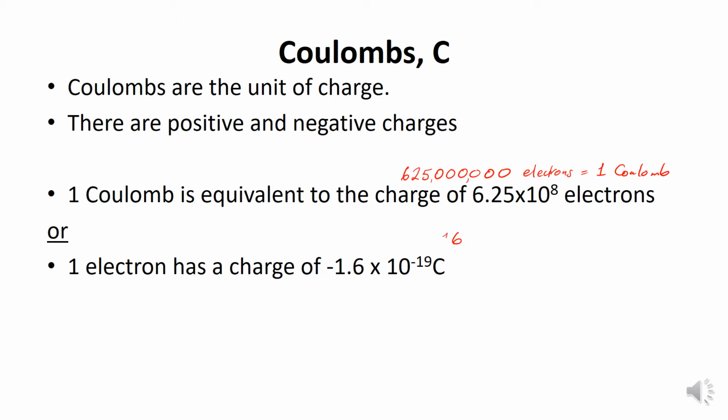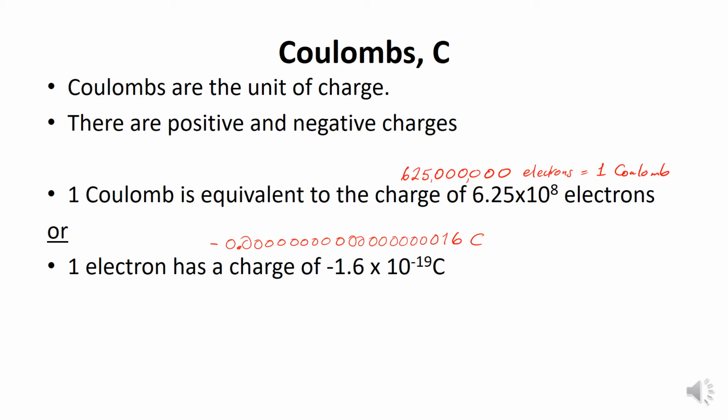Okay, that's 1, 2, 3, 4, 5, 6, 7, 8, 9, 10. This is going on. 11, 12, 13, 14, 15, 16, 17, 18, 19. That's my decimal point. So that many coulombs of charge is on